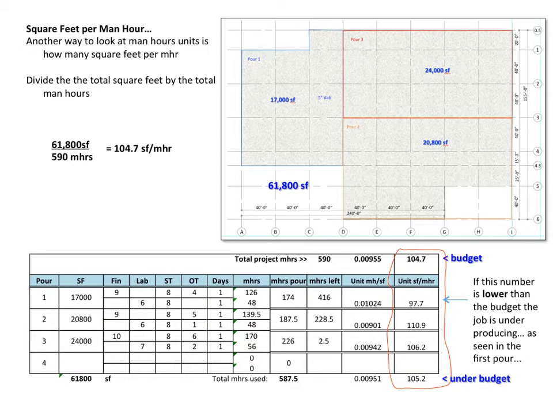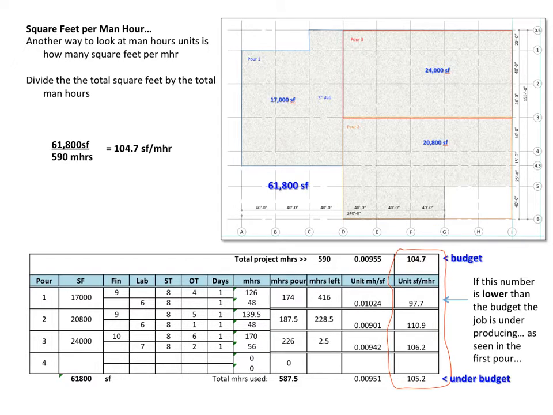And now an iteration of that, and it's probably easier for you to understand, is looking at square foot per man hour. This is done by dividing the project square footage, 61,800 square feet, by the man hours, 590 man hours, which equals 104.7 square foot per man hour. As we saw in the other way on the first pour, we only got 97.7 square foot per man hour. We are over the budget,